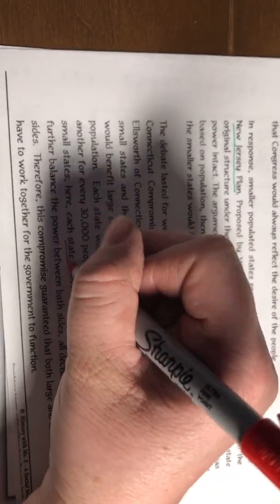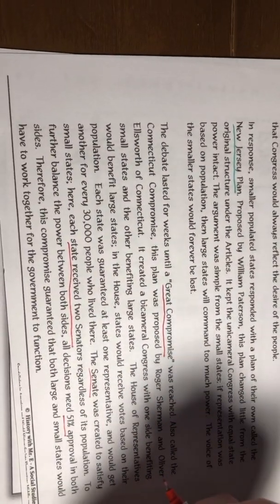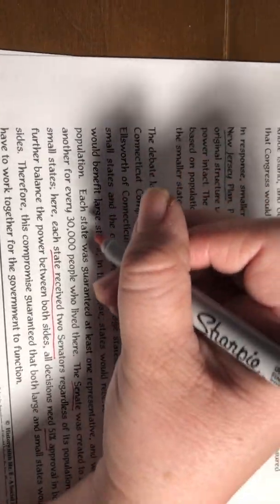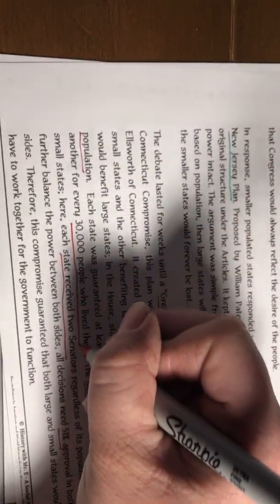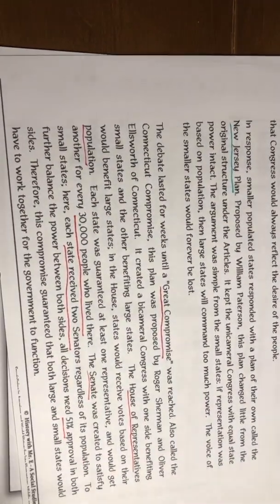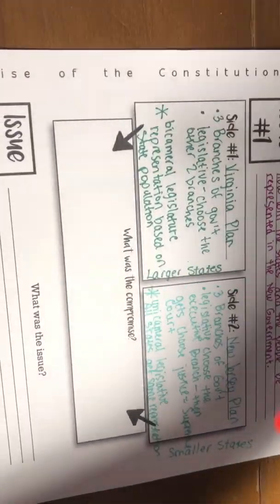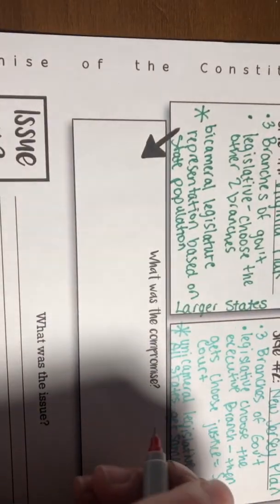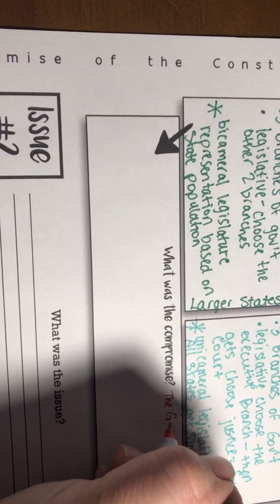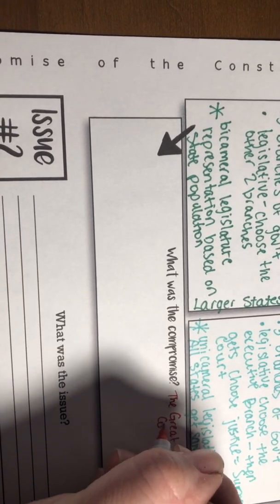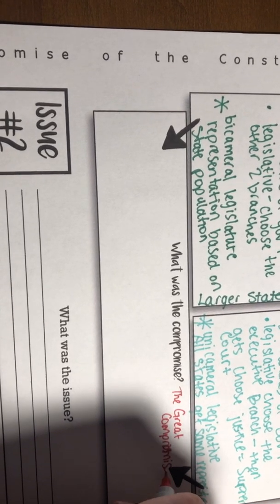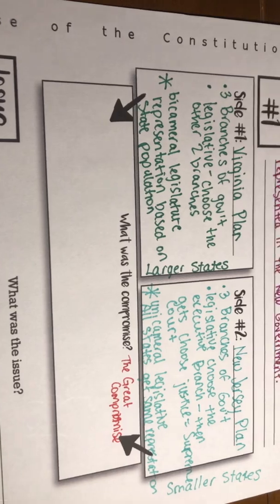So we're going to have a Senate. In that Senate, you're going to have each state with 2 senators, and there will have to be a 51% approval from it. You're also going to have a House of Representatives, and that would be based on population. Every 30,000 people would be 1 vote, and that also would need the 51%. So let's come over here to our compromise and explain what happened. So I first want you to write the Great Compromise because it was a pretty big deal. Go ahead and label each of these when you work in a minute and make sure you label each of them so you know what kind they are.